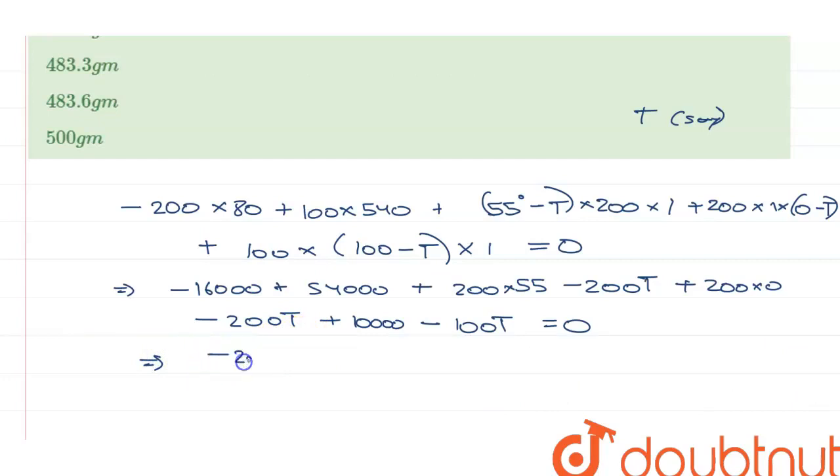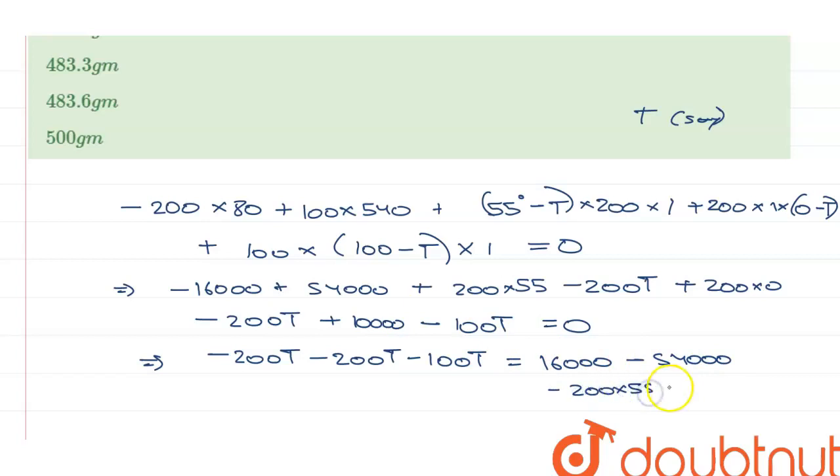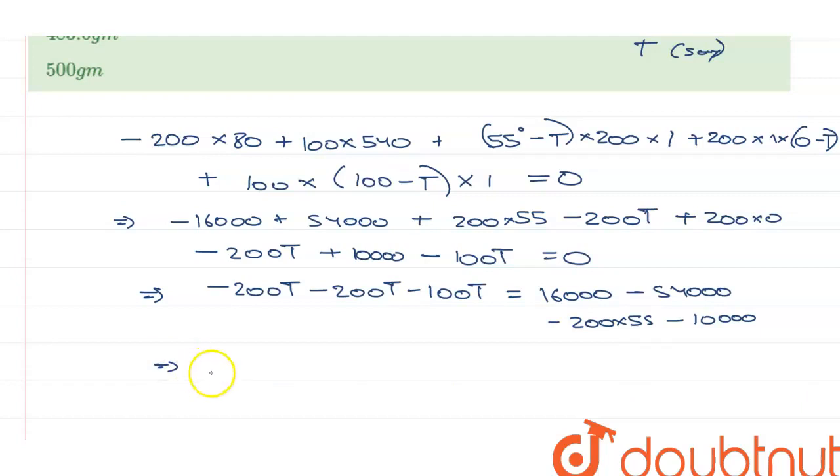So we have minus 200 T minus 200 T minus 100 T is equal to 16,000 minus 54,000 minus 200 into 55 minus 10,000,